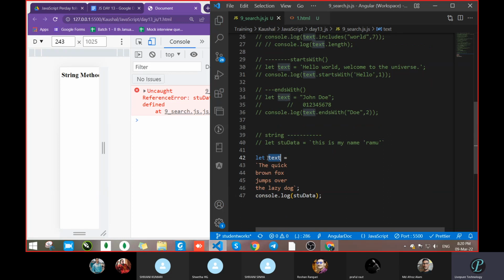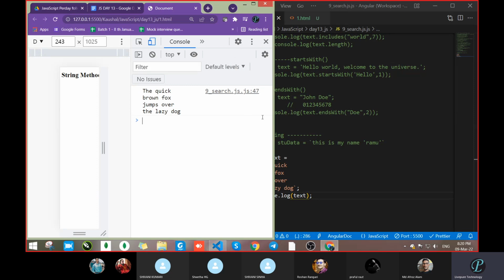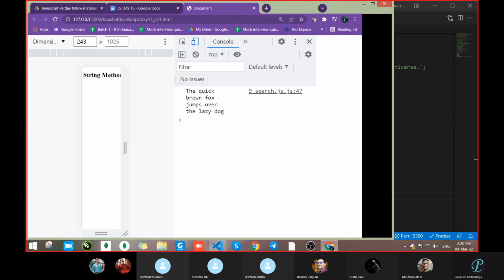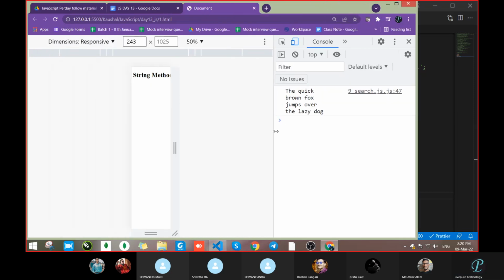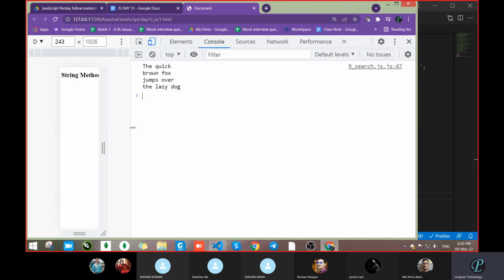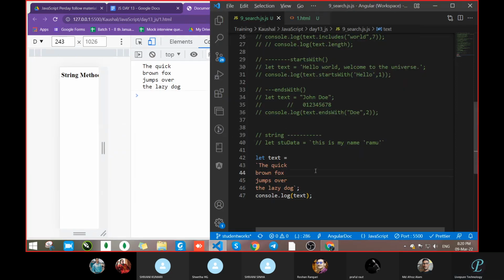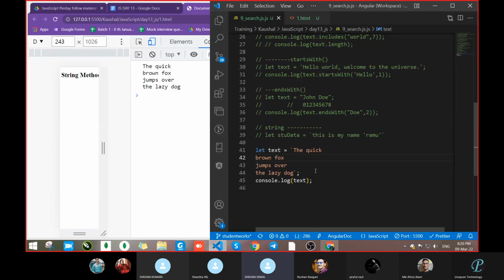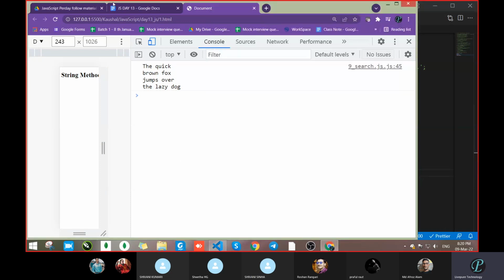Where is that? Oh, that is text. What is this? It looks like which tag of HTML? Pre tag. Yes. Whatever we write with a backtick symbol, it will come in the same shape.